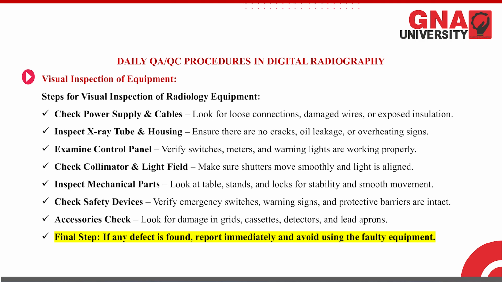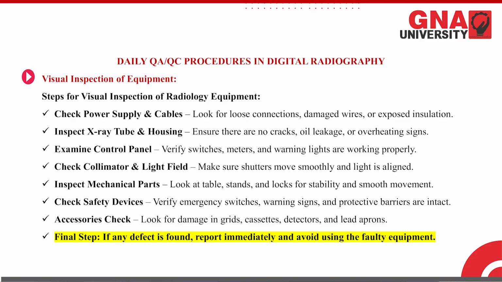Overload is there, exposure is there. We have to check those lights, whether they are working properly or not. And the next step is that we have to check the collimator and light field. Collimator is a device which helps us to shape the X-ray beam properly, and we have to make sure that